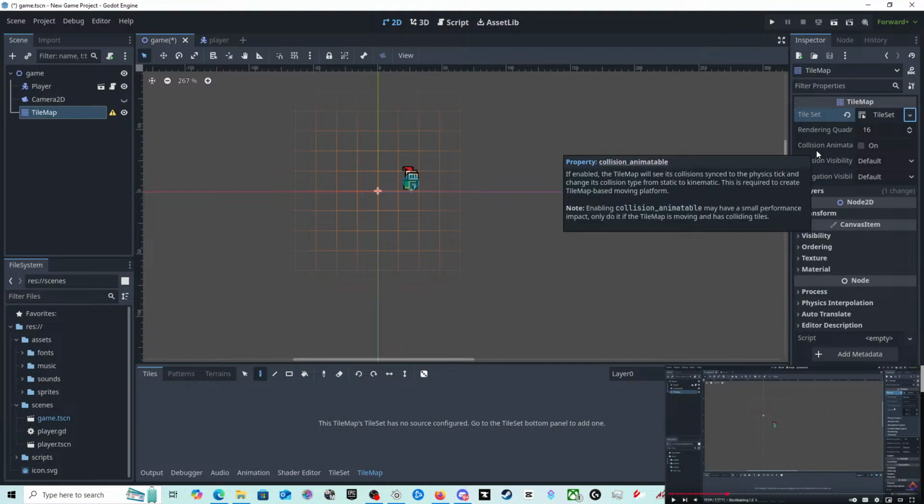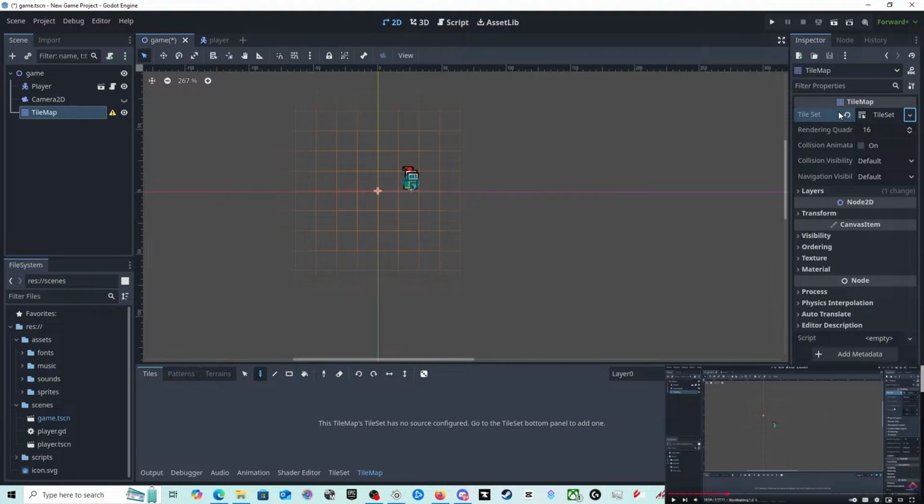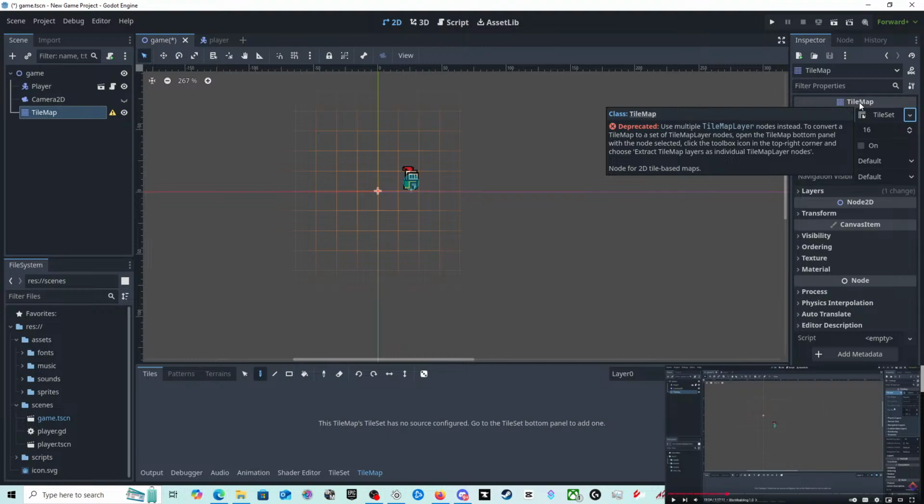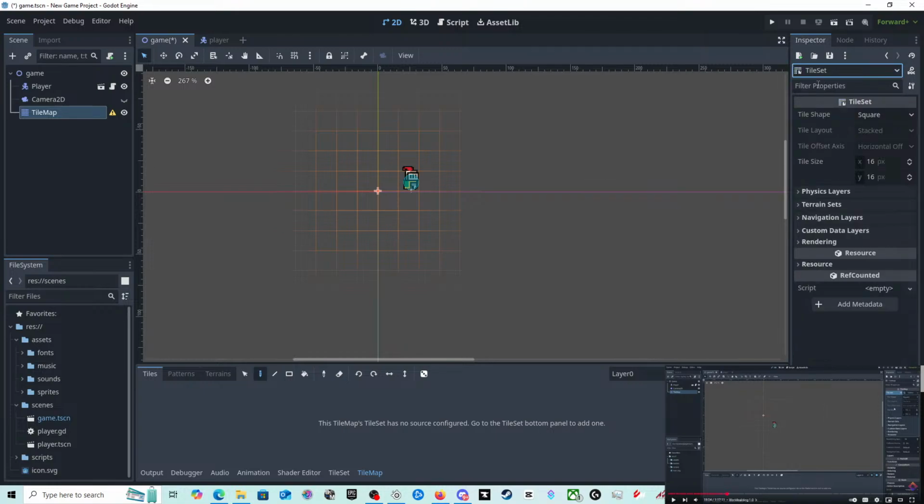Why doesn't it just pop up there though? In the inspector, right under tile map, click on the tile set tab you just made. Oh, okay. So you've got to make sure that you're on your project thing. Yeah. Thank you.